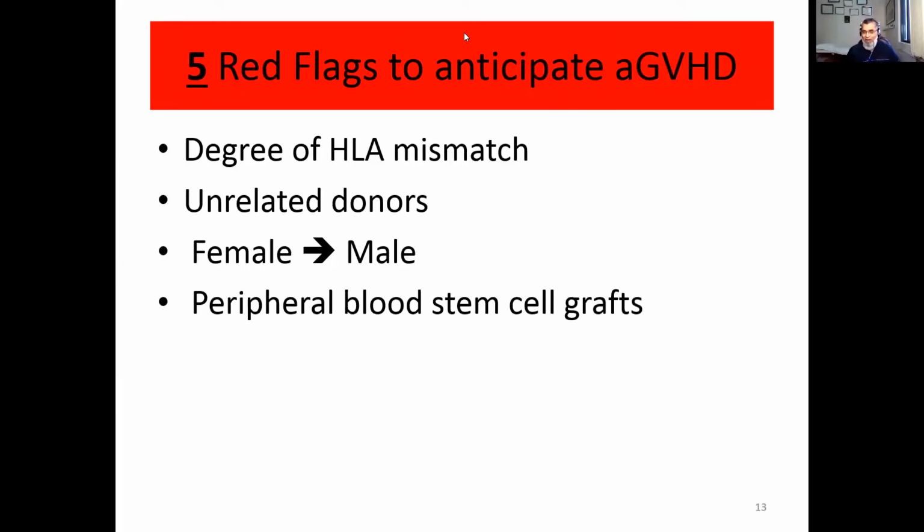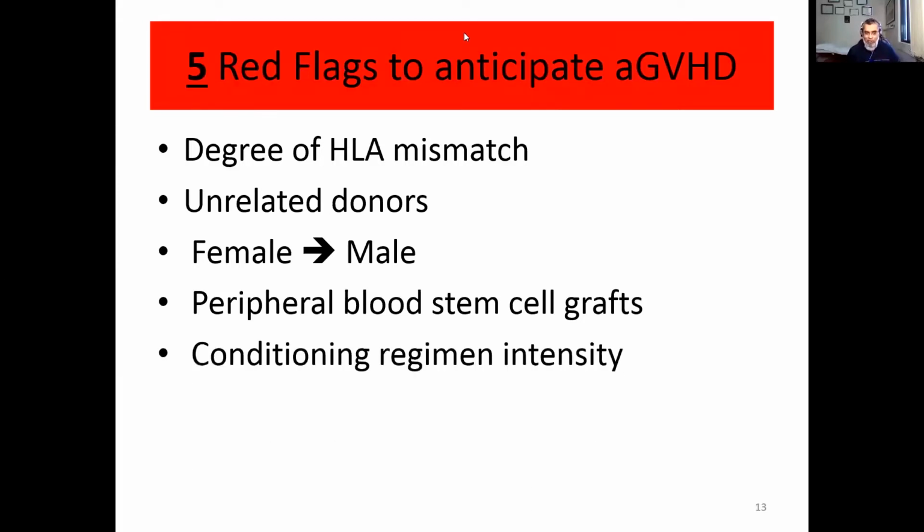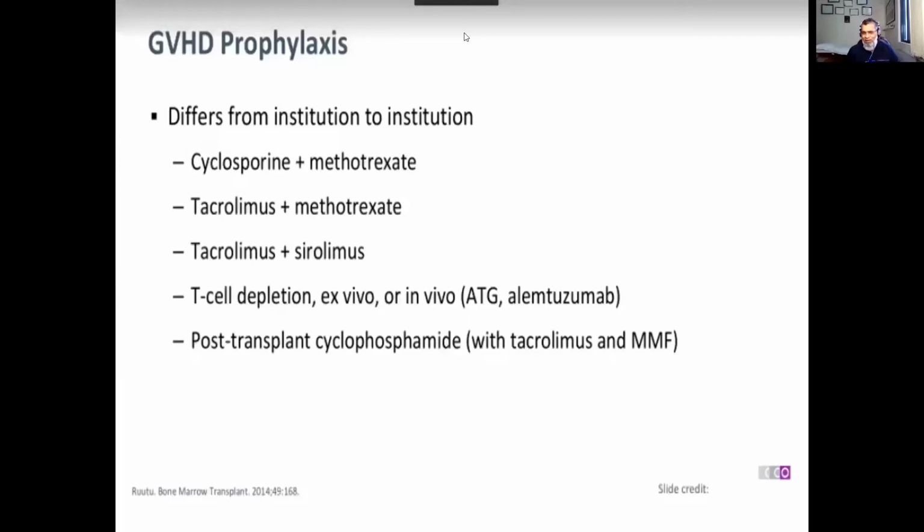Peripheral blood stem cell grafts are notorious for causing more GVHD. They have 10 times more T cells than your bone marrow. And conditioning regimen intensity: the more severe the injury to mucosa, the more your chances of getting graft versus host disease. So different centers have tried different things. There are protocols for different transplants, mainly comprising cyclosporin, methotrexate, mini-methotrexate, ATG, and other agents where we try to inhibit